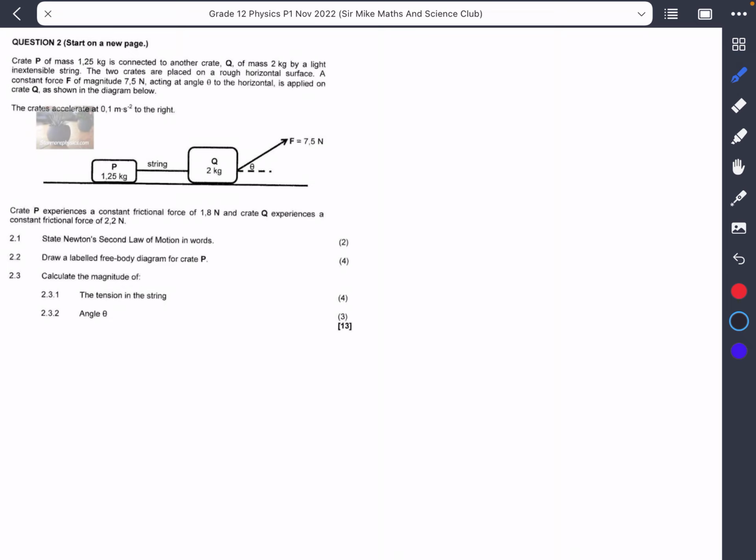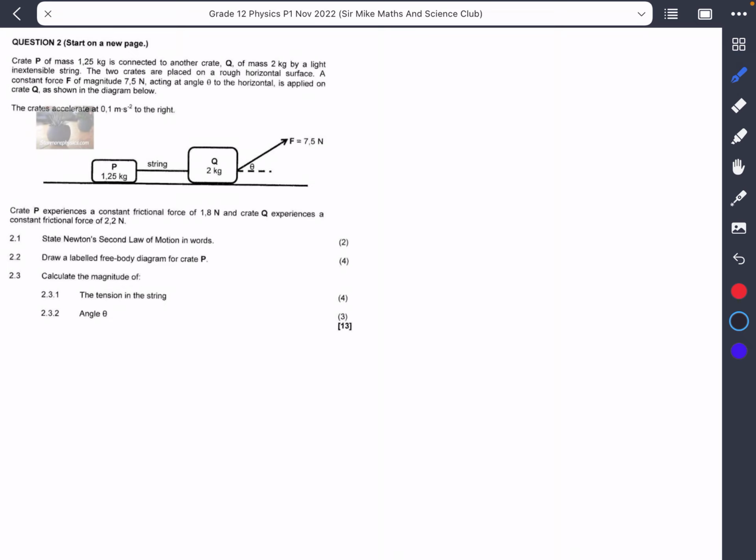They say the crates accelerate at 0.12 meters per second squared to the right. They said that crate P experiences a constant frictional force of 1.8 Newton, and crate Q experiences a constant frictional force of 2.2 Newton. Now I know some students often just skip that paragraph there,